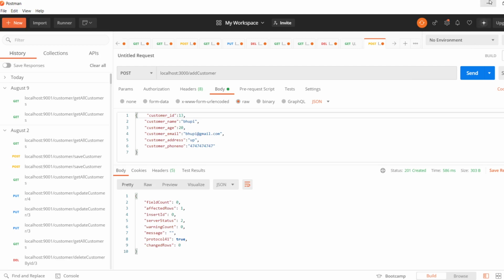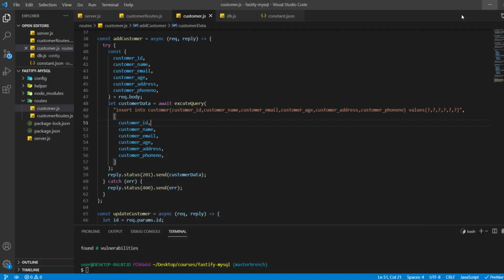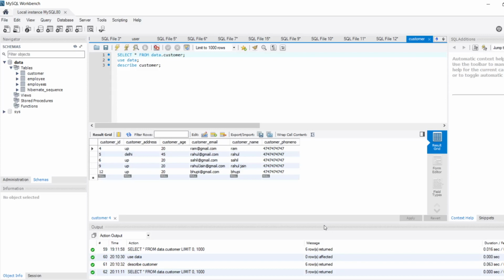Actually, guys, what is happening here? If you remember, we have also worked on Java. So this table was created by Hibernate, and if you run this application using Spring Boot, this customer table will be auto generated.